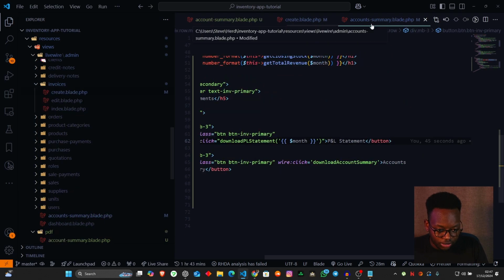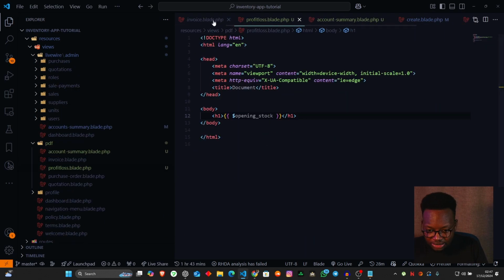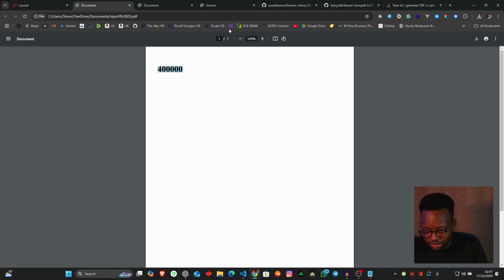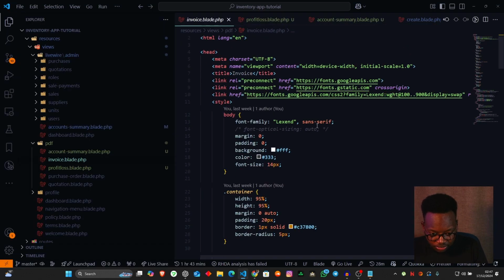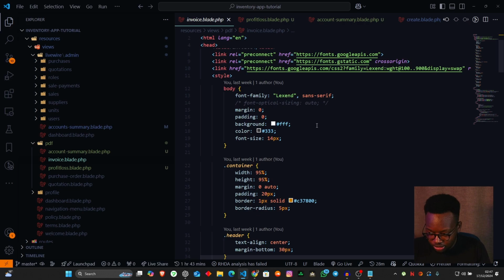What we're going to do here is pass in as many values as we can, all right? So inside our profit and loss statement, we're going to have our opening stock, our closing stock, our total revenue, our total purchases, our total sales. Sales is revenue. Purchases is what we've brought in and how much we've brought them in for. And then we will evaluate on the basis of that. Of course, we don't have any expenses to go by, but given that we have opening stock, closing stock, and